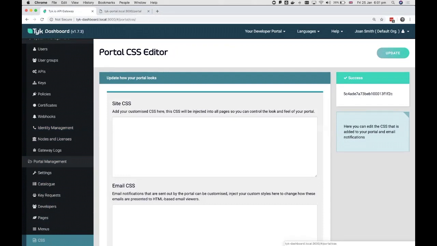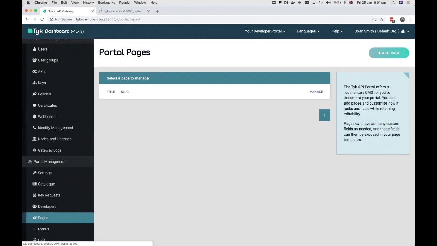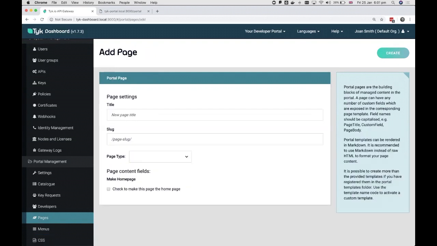The third task is to create some content for the portal. This is also done through the dashboard. So we'll go to Pages, and we can see that there's no pages in the list. So we must create a home page. Click on Add Page,